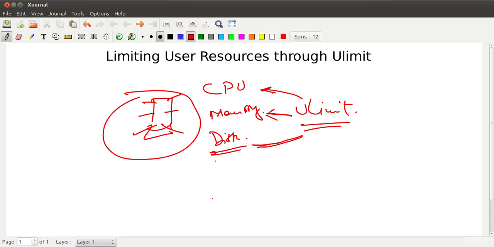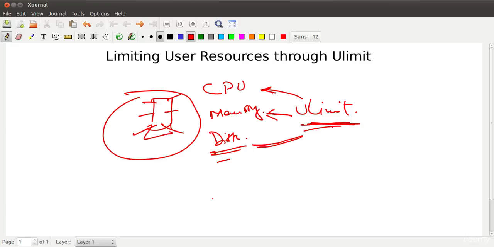This ulimit is different from the quota that we use. This is a different tool which is applied on every user to restrict it from going beyond particular threshold values. Now this ulimit tool can be used as a rudimentary security feature. It's not a full-fledged feature, because you see this